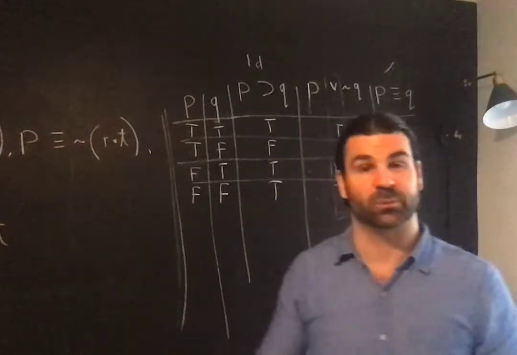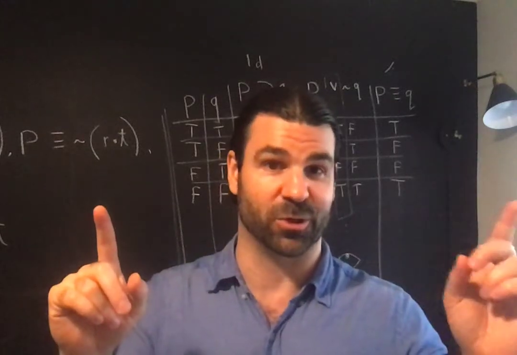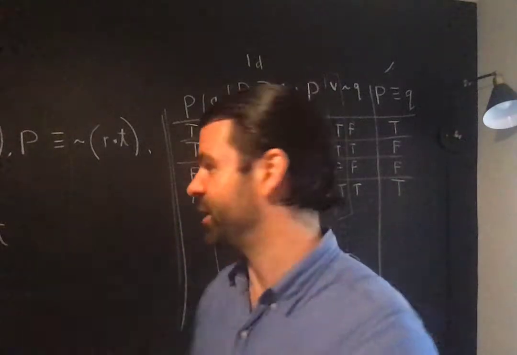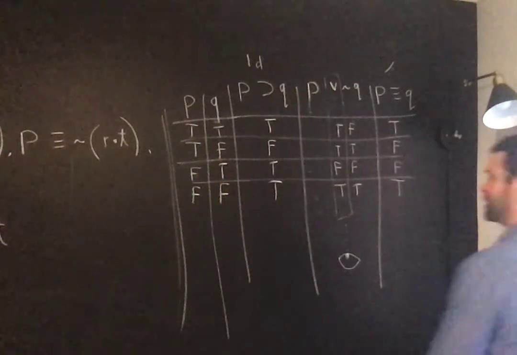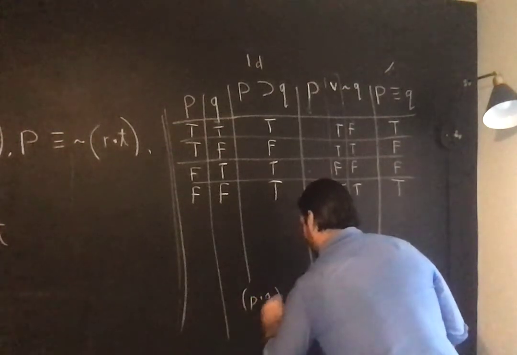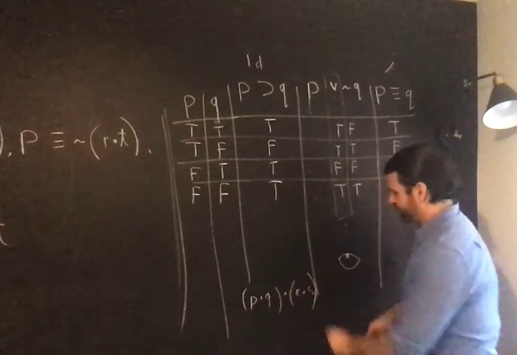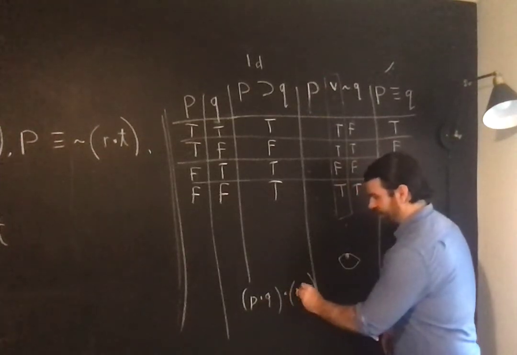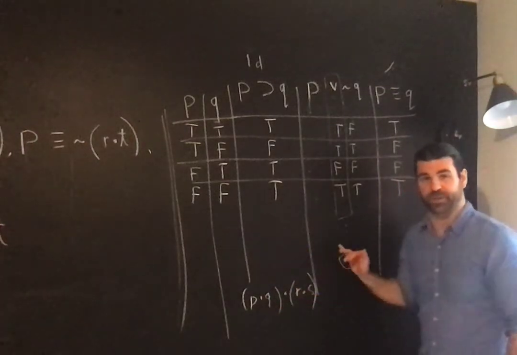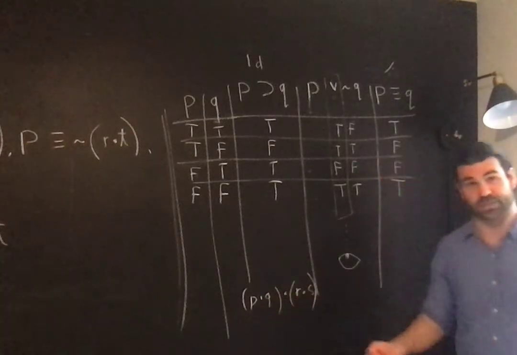Imagine you had a premise that was the conjunction of P and Q and the conjunction of R and S. So imagine you had a premise which was P and Q and R and S. If that was one of your premises, and P, Q, and all the other statement forms making up the other premises and the conclusion all consisted of P's and Q's and R's and S's, that would give you, okay,